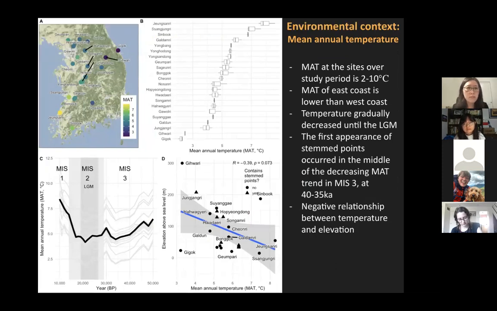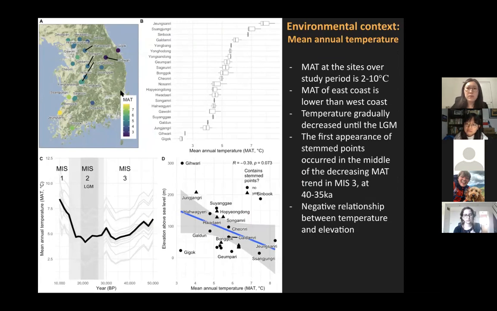Yeah. That's the results for the research. So I only applied the mean annual temperature, MAT, for this context. MAT on the Korean peninsula over the study period is about 2 to 10 degrees Celsius.